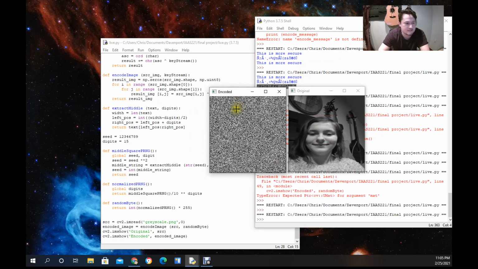Now it looks like noise, right? You can't see any semblance of the original image in there, and this is a good analog for talking about how good an encryption algorithm is compared to other ones. This one would be much harder to crack than the other one. Visually, you can immediately tell the information is more